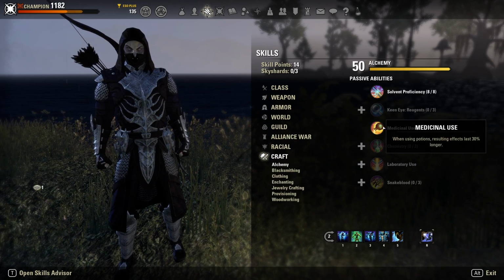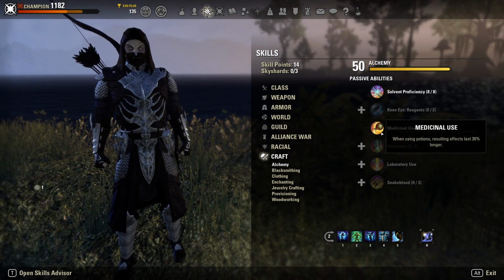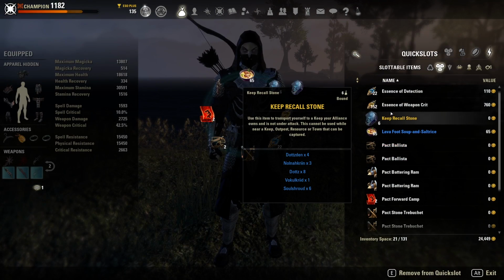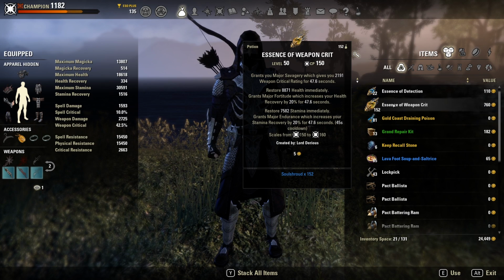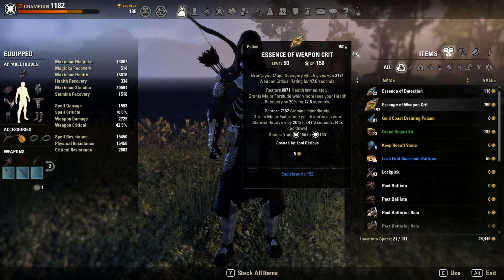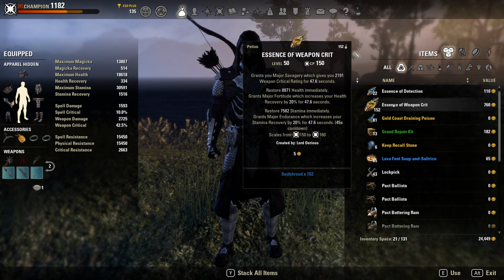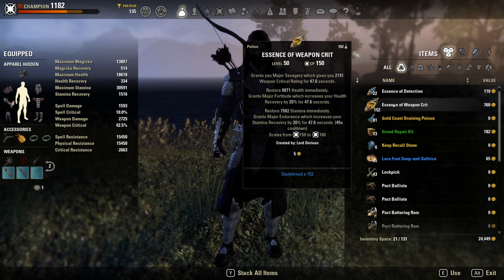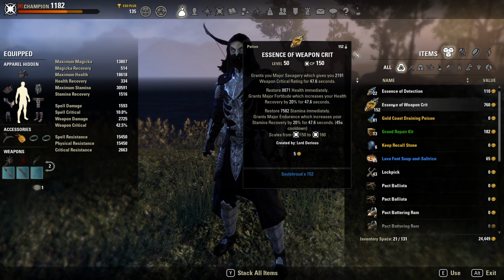And then finally, for any build, you want to have your Alchemy to 50 so that you can use 3 of medicinal use. When using potions, resulting effects last 30% longer. Now, what this means is that if you look at my weapon critical buff, potions have a 45-second cooldown. And having 3 times medicinal use gives me 47.6 seconds on my potion buffs, which means that they will have 100% uptime. Without